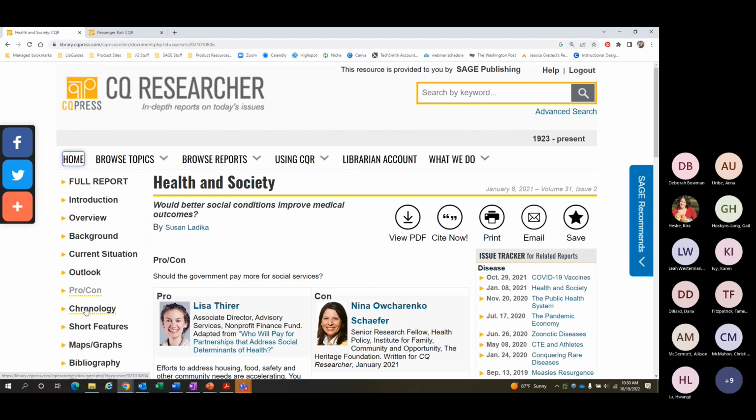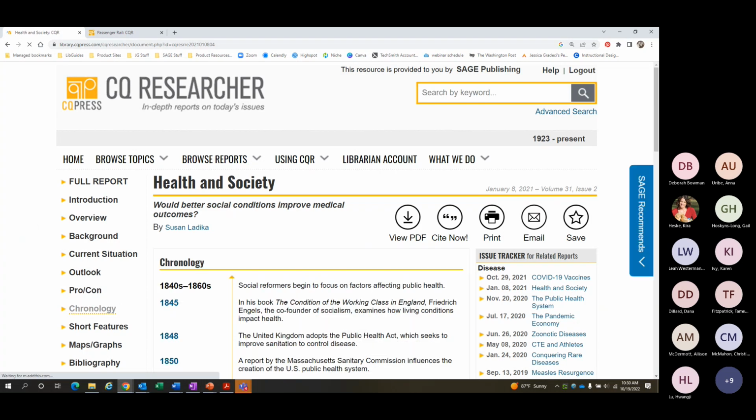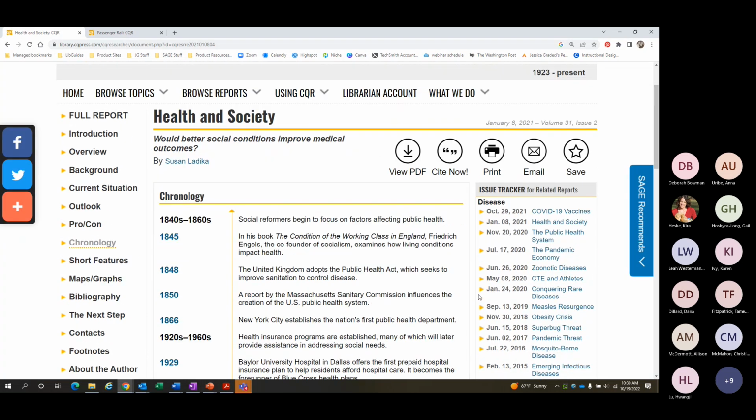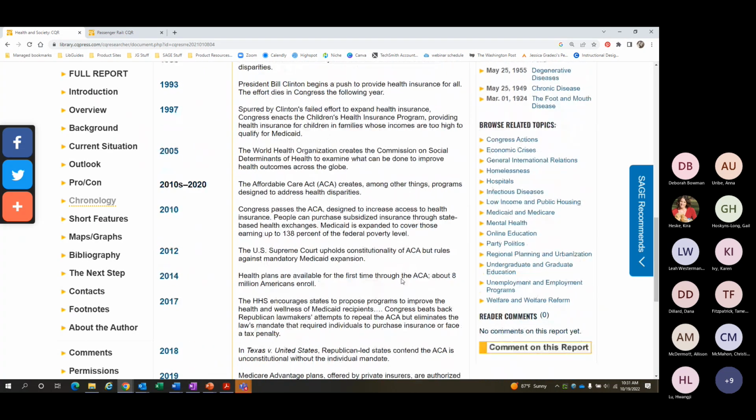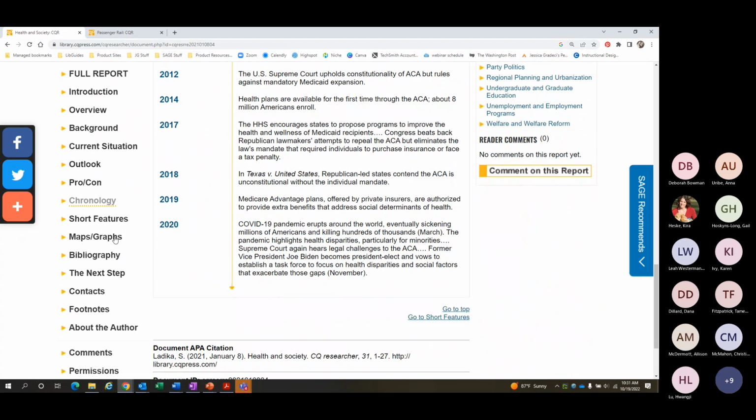So let's keep going. The next section is the chronology, which provides a snapshot of the full report, and it works really well in conjunction with the background section to provide context for the topic and explain how this particular topic has developed over time. So in this case, the chronology goes back to the 1840s when social reformers first began looking at factors affecting public health, all the way through to 2020 when we all began dealing with the COVID-19 pandemic and the resulting